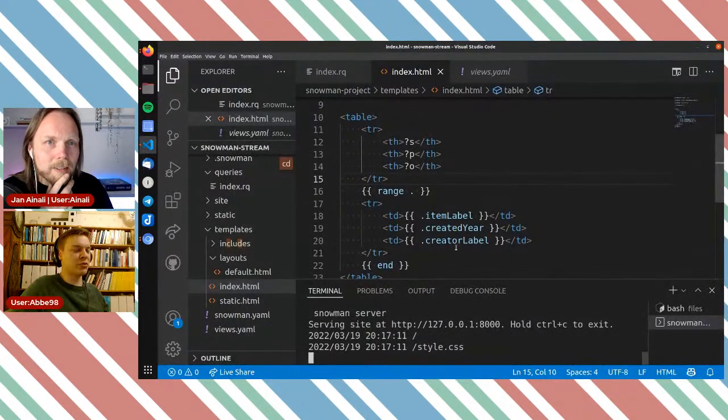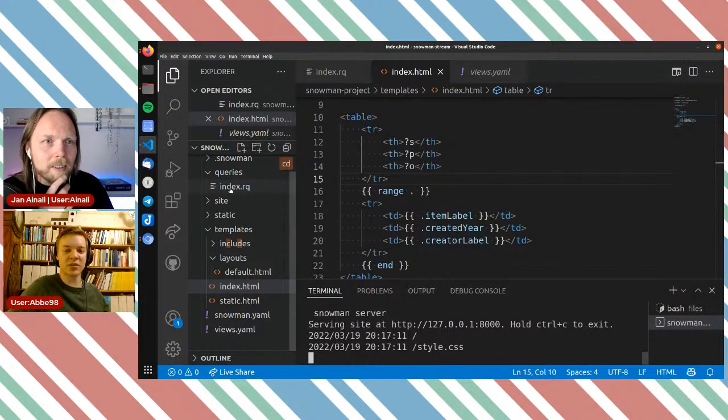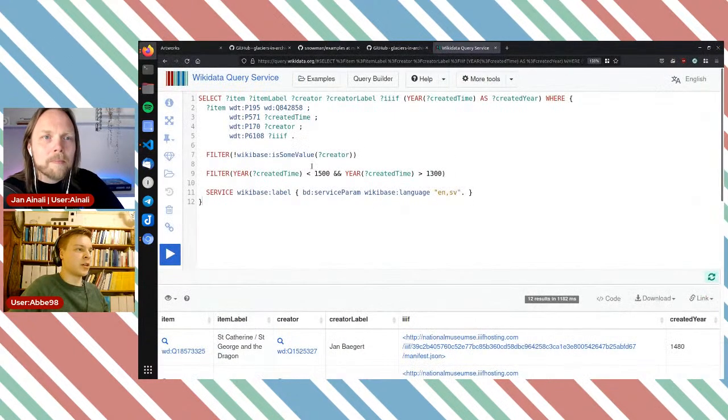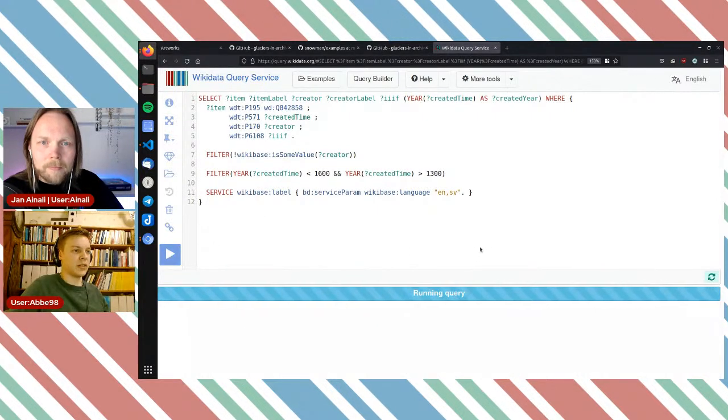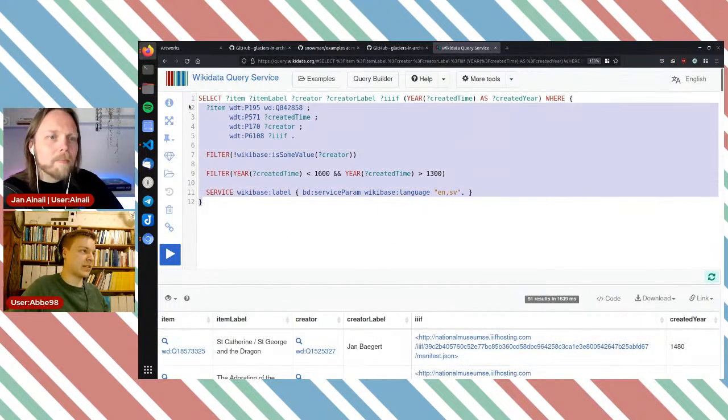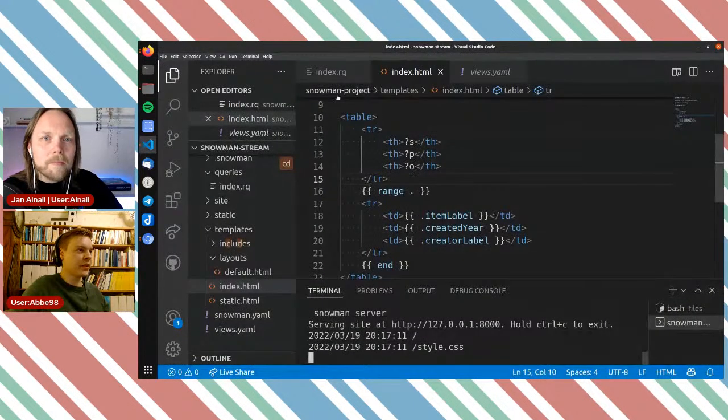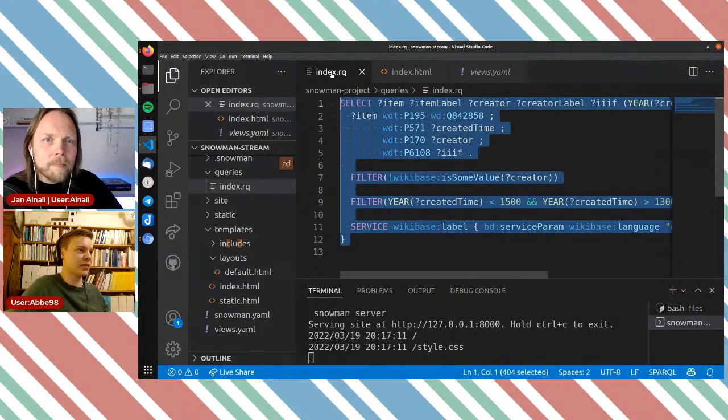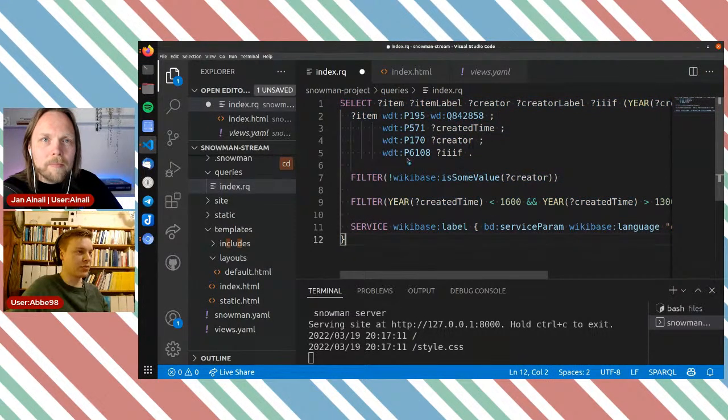And here's a neat thing if you make big pages. So when I ran this 2 times now, it actually didn't make the query another time because it noticed that, hey, this is the exact same query as when you built the site last time. And then it won't execute the query if you don't tell it. So I'm gonna make this modification here that we're going from the 1500s to the 1600s. And let's see, that should be a bit of an increase, 91. That's a little bit better, I believe. But still easy for us to debug in case something goes wrong.